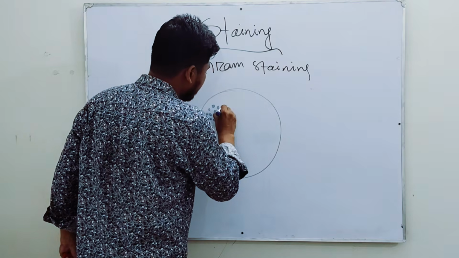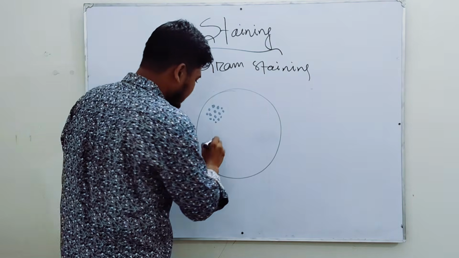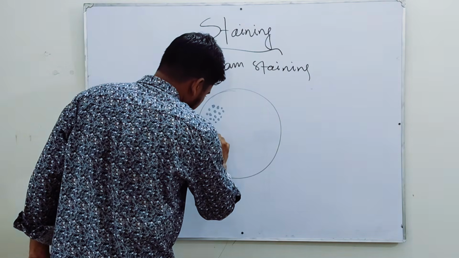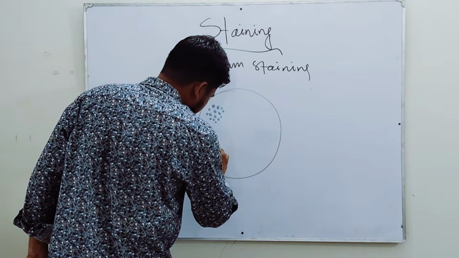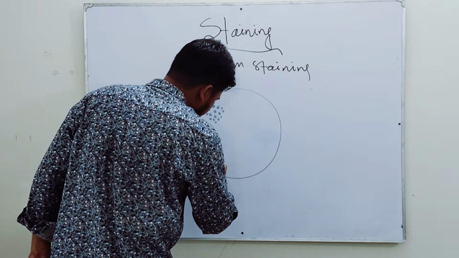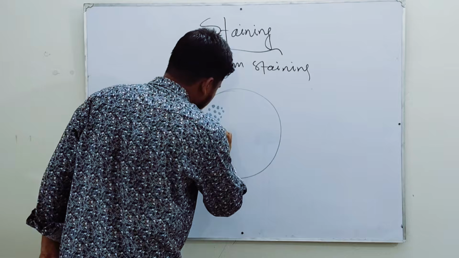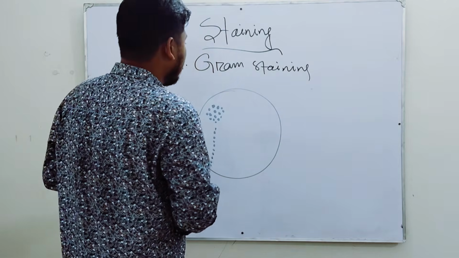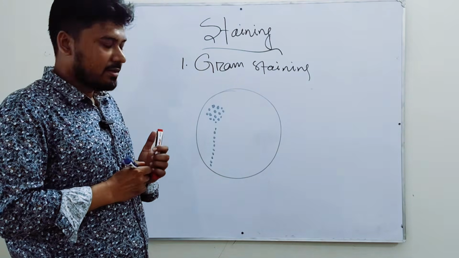Staphylococcus are arranged in clusters, and Streptococcus are arranged in chains or pairs. On the other hand, in case of gram-negative bacteria,